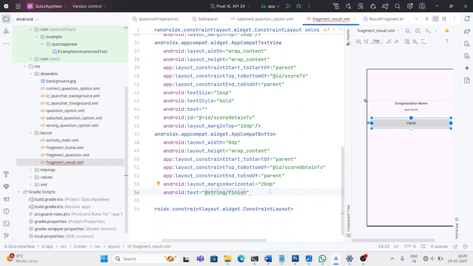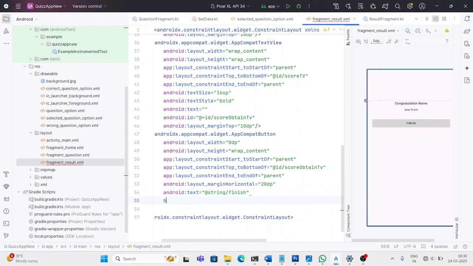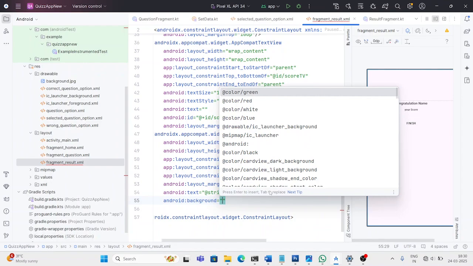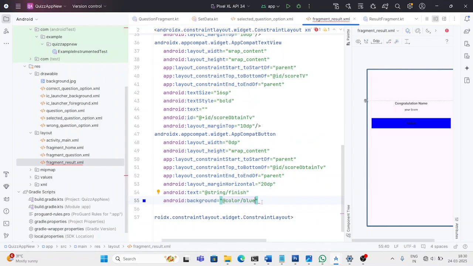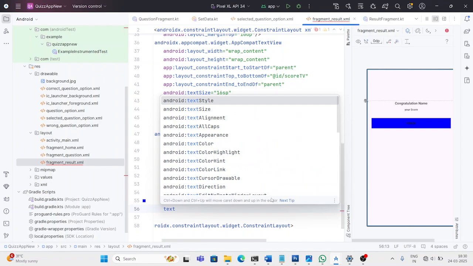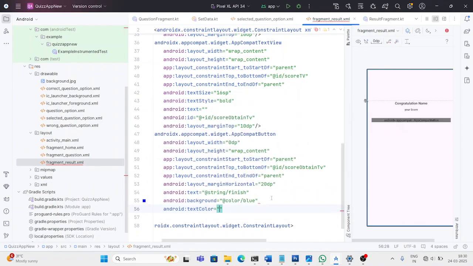Now set the background of the button here, background, and let's set this at color blue. As you can see, this is our button, and I can also change the color of the text color, and I am taking white. As you can see, I have successfully changed the text color, and let's